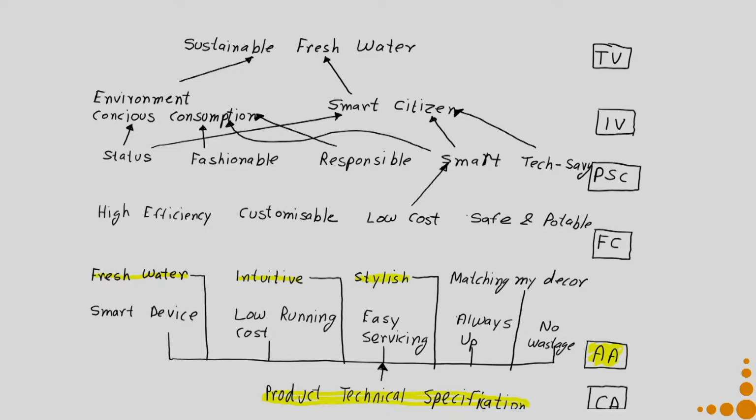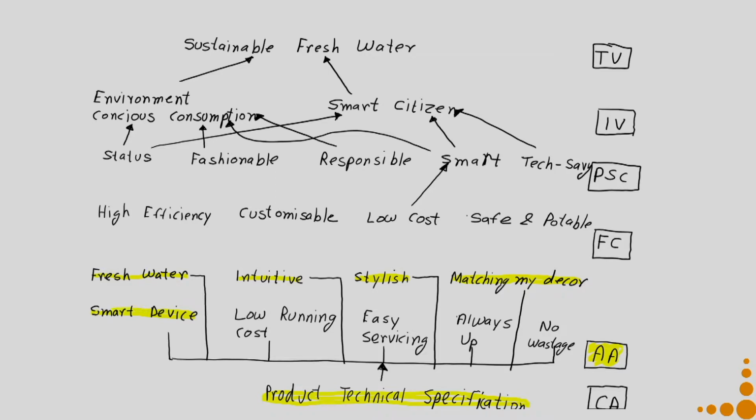I want it to be very stylish. You can see all these are abstract words. I do not know how to operationalize them, which I will know when I define the product specification out of them. Then I want to have the product in a manner that it matches my decor. Say for example, what will be a product specification to satisfy that particular requirement? It might be that I develop a modular machine whose outer covering is the thing which is visible to people and which should match with your decor, whose outer covering can be customized by people as per their requirement. So I build this custom built outer coverings. So I design my machine in a manner that is possible.